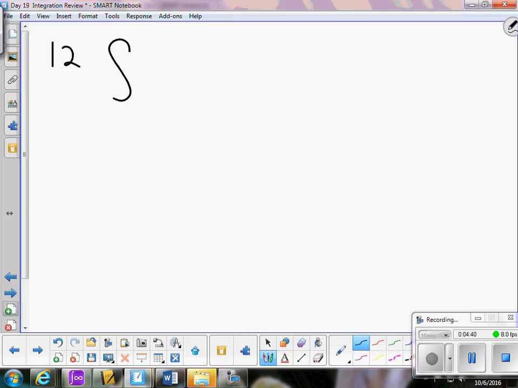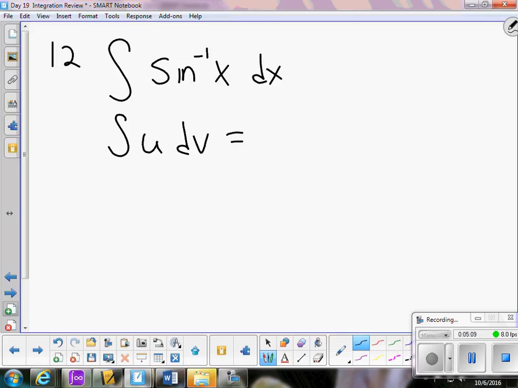12. So this one, the integral of inverse sine of x. This is one of the great uses of integration by parts. It allows us to integrate inverse trig functions and log functions. We know how to differentiate them, but for the antiderivative, you need parts. So it's going to be regular integration by parts. In other words, the integral of u dv, help me out, equals,